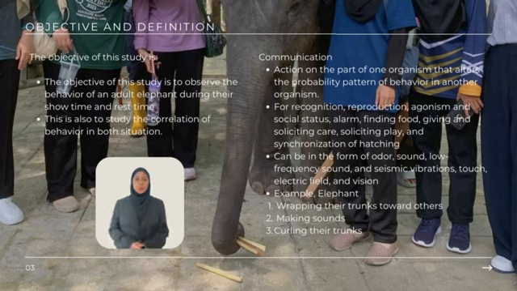From the textbook by Druckheimer et al., communication in animal behavior can be defined as an action on the part of one organism that alters the probability pattern of behavior in another organism. The function of communication is for recognition, reproduction, agonism and social status, alarm, finding food, giving and soliciting care, soliciting play and synchronization of hatching. The channel of communication can be in the form of odor, sound, low-frequency sound and seismic vibration, touch, electric field